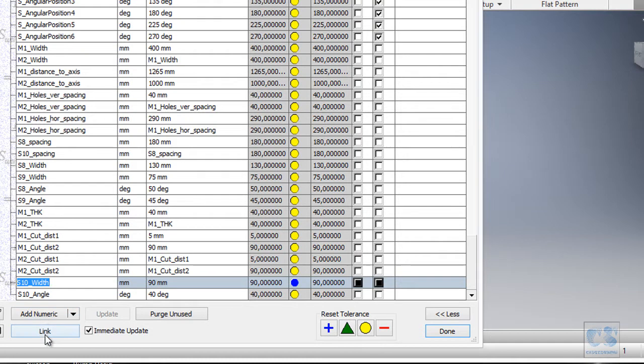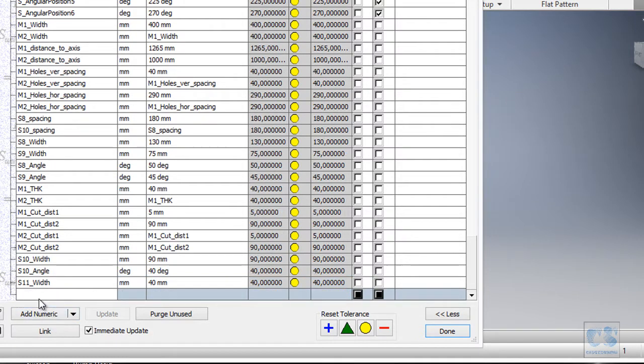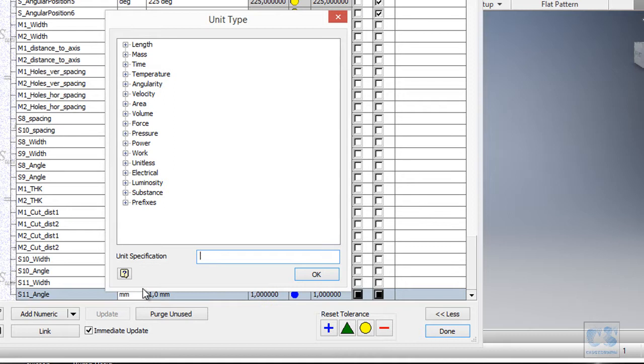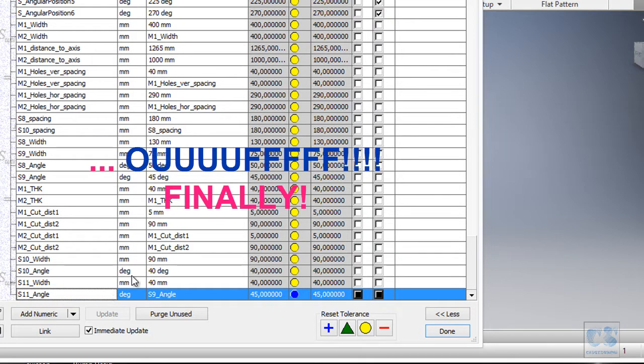For that, this one 11, which is 40 millimeters, and for the angle we will have it equal to, so let's first have decrease, and we will have it equal to this one. So, and we are done with parameters.